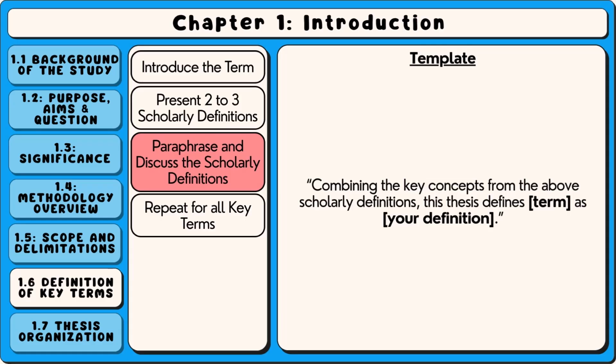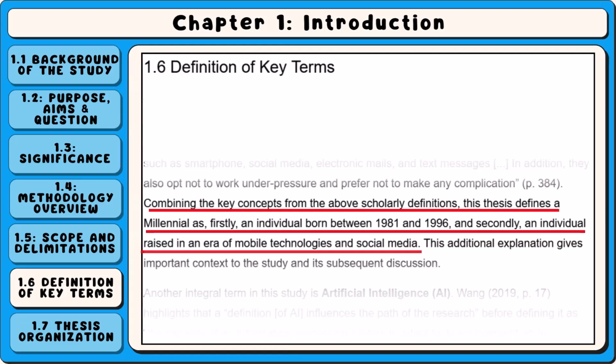So a template could be, combining the key concepts from the above scholarly definitions, this thesis defines term as, and then insert your own paraphrase definition. So on a sample piece, it says, combining the key concepts from the above scholarly definitions, this thesis defines millennial as, firstly, an individual born between 1981 and 1996, and secondly, an individual raised in an era of mobile technologies